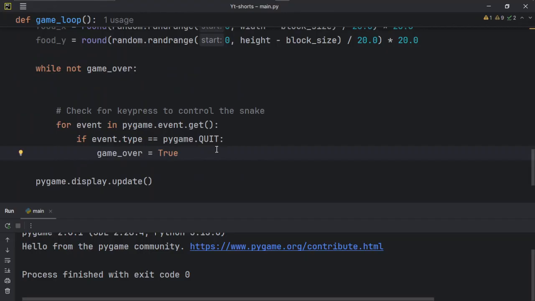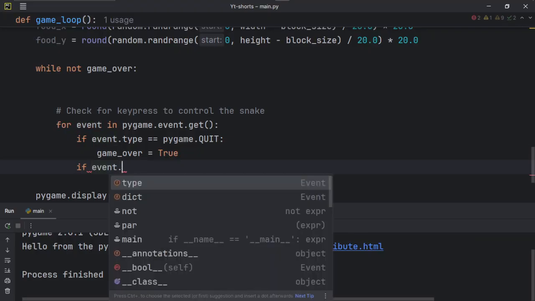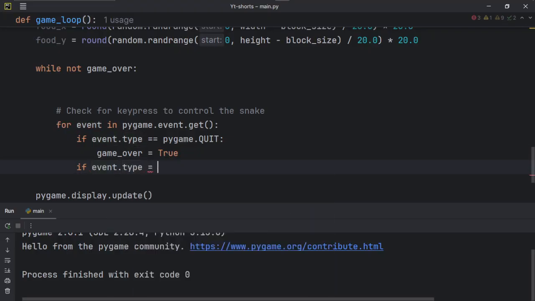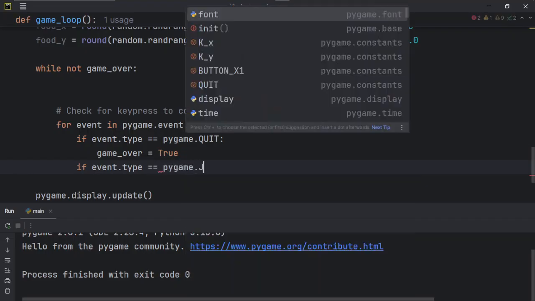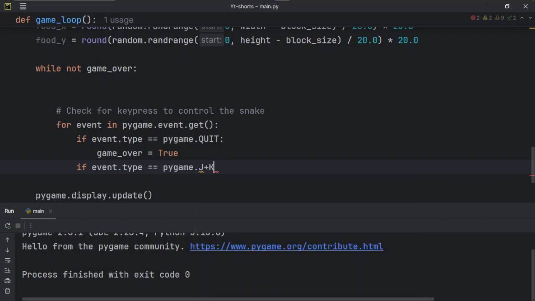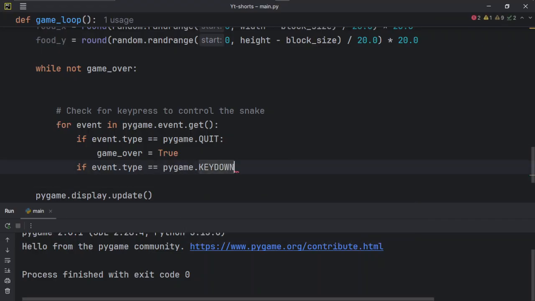So let's go back to our game loop function and continue working with this. Now the other event type we want to check for in this game loop is if any key was pressed. So if event.type now equals pygame.KEYDOWN, we want to check and modify the direction based on the